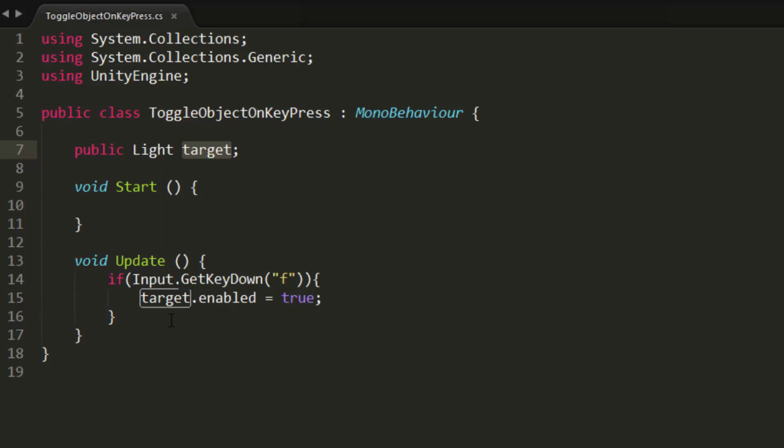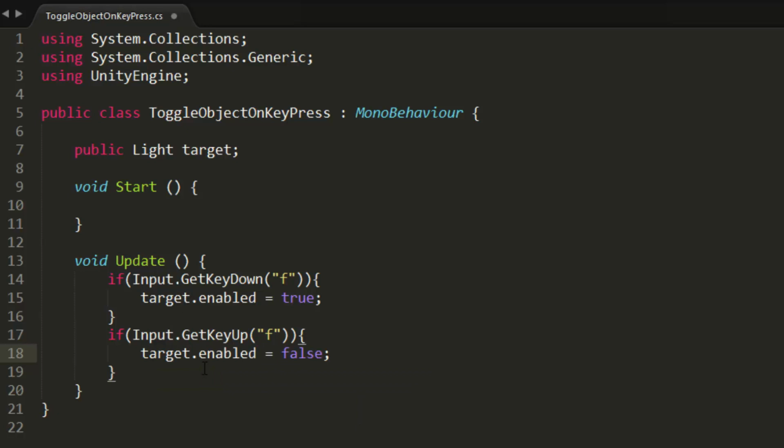You can have the light operate in different ways. The first way we're going to use it is I have to hold the F key down to make the light show up. So as long as I've pressed the key down, it shows up, but as soon as I lift my key up, it should turn back off. So I'm going to put another if statement. Instead of using the getKeyDown method, we'll use the getKeyUp method. This time we're checking to see if the F key is being released. And if it is, what do we want to do? We want to set the enabled property to false. So if I press it down, it turns on the light. If I lift it up, it turns off the light.